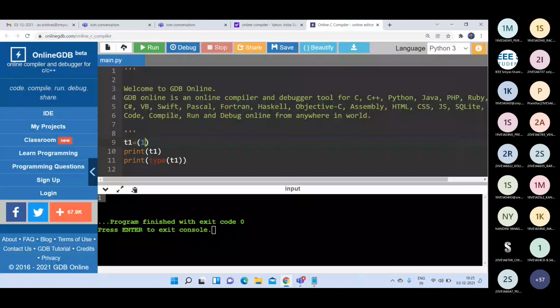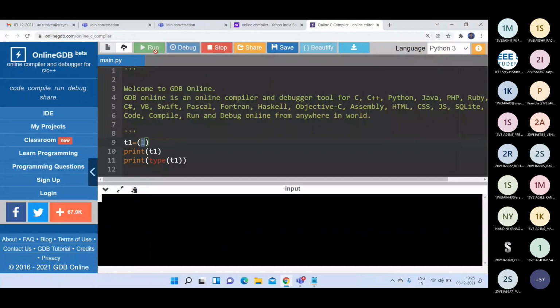So you would get the output as class int. See here, one is printed and class int. That means this is the integer number, not a tuple. Okay, so if you want to store a single element in a tuple, you should write one followed by